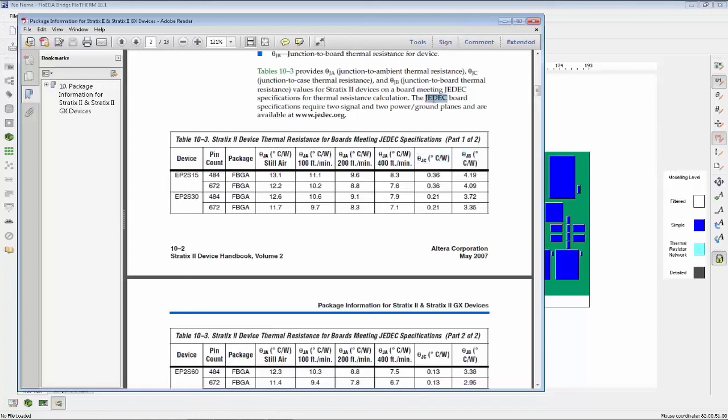These are thermal resistances which have been standardized by the JEDEC committee. The test standards are standardized, and under these conditions that JEDEC specified, the thermal resistance from junction to case will be 0.36 degrees C per watt, and the junction to board resistance is 4.19 degrees C per